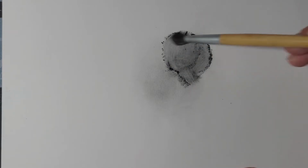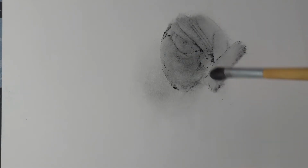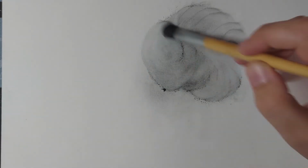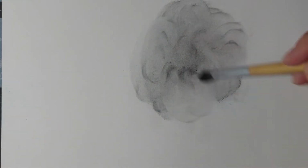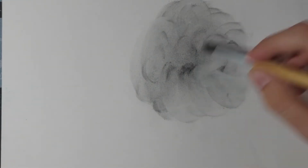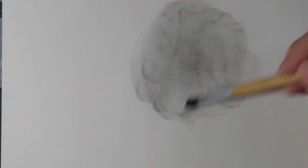So how it looks if you don't actually tap off the excess, then it's a lot messier, but it gives a darker tone to it. It's a little deeper, and you've got a lot more to play with. Obviously it depends on how much you take, but it also works very nicely when maybe in the end I put in a few details. I'll take this, tap off all the excess, or maybe just take the brush as is. There will be some powder residue left on it, and I'll just take this over the portrait and